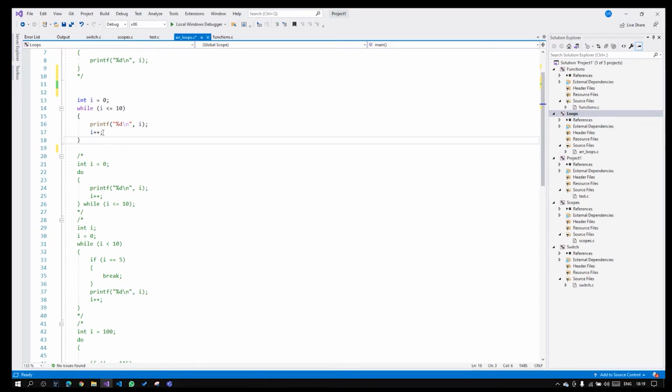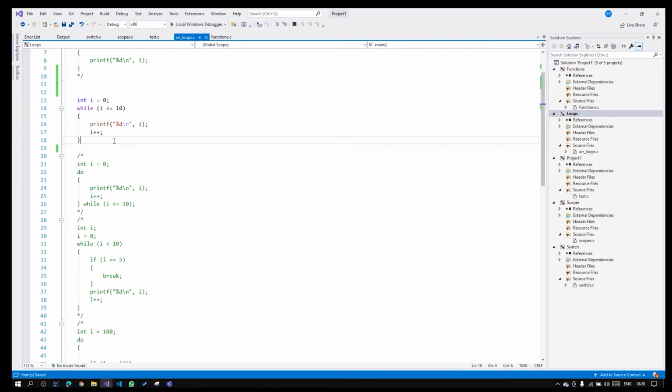While writing, it is very necessary to specify this i++, because if we don't, it's going to infinitely print the value of i. We do not want that. Every time it prints, it will just print 0 infinite times, because 0 is always less than or equal to 10, and that condition is true. When the condition inside the round braces is true, it goes to the code block inside and again prints the same number again and again. We do not want that case, so it's very important to keep in mind to specify i++